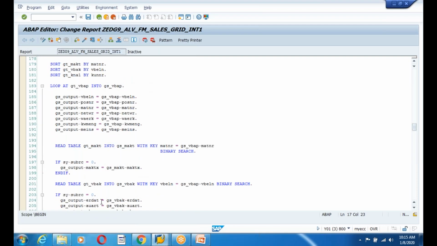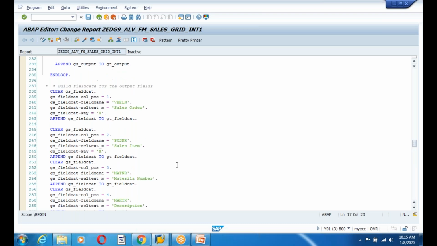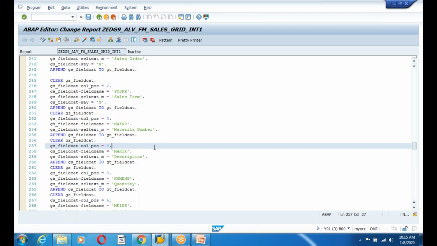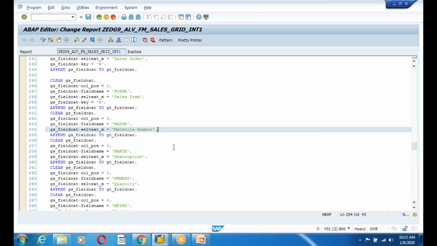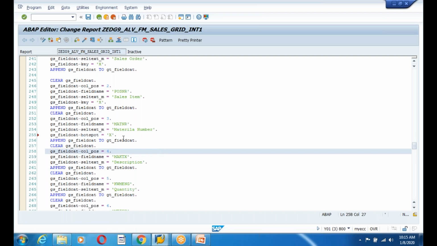The remaining logic is the same. The only change we need to do is in the field catalog. I would like to enable interactiveness on the material number field. So you know the hand symbol, just do H, Control Space. You can see the hotspot, which is equal to X. That's it. And also one more field,